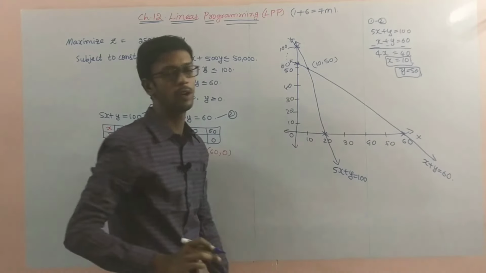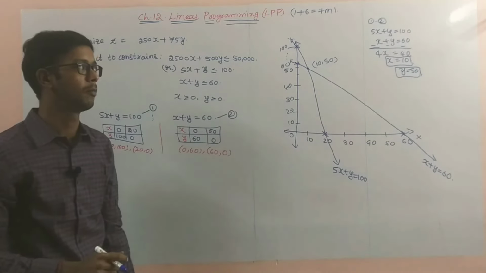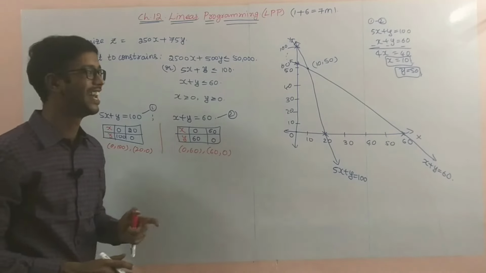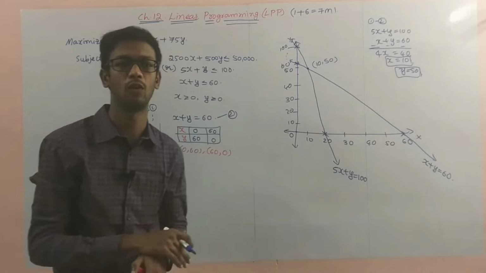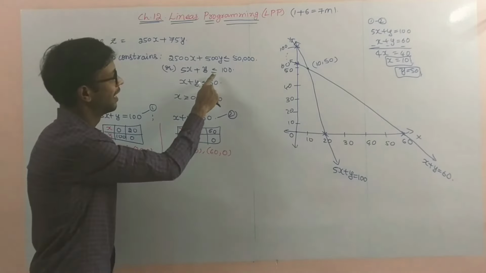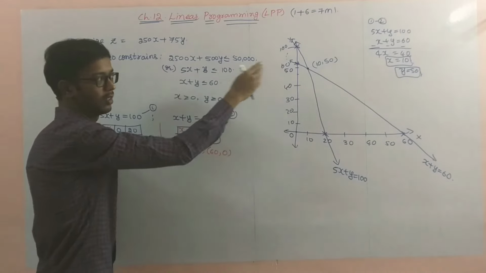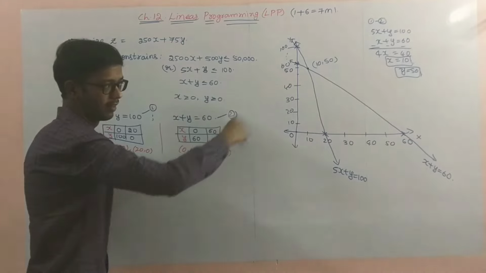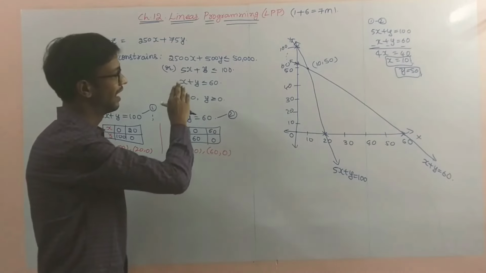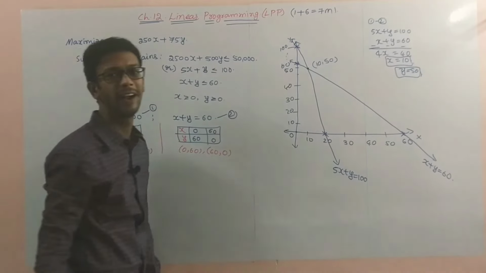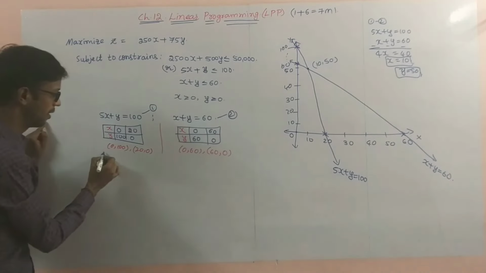If you draw the proper graph on the graph paper, you will get the proper result. Next one, after this one, shading the region. Shading we have to make. Actually, there is one simple method also. If less than or equal is there, it means the downside of the line. If greater than or equal is there, it means the upside of the line. Otherwise, there is one method.